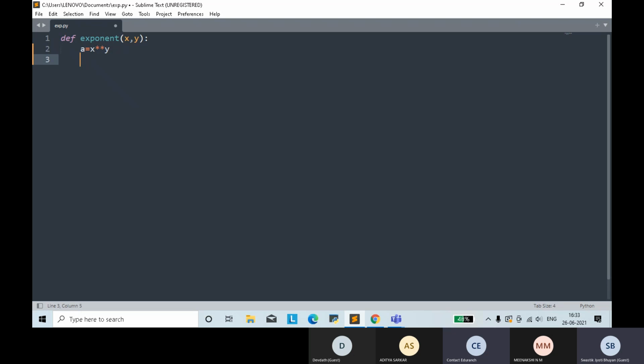Now, what should I do? Return. Yes. Space. A. Yes. Now escape. Sir, this one I have to escape. Yes. Escape. See, that is helping you with all those unwanted things. For now, just escape. You write the code. Don't take the code that Sublime Text suggests. Okay. Now print the value.